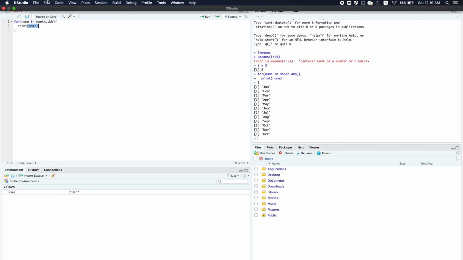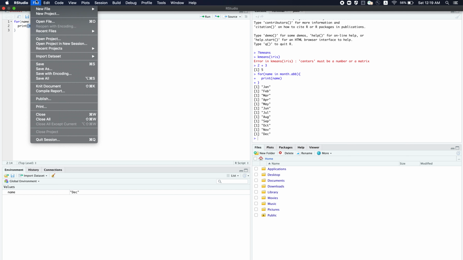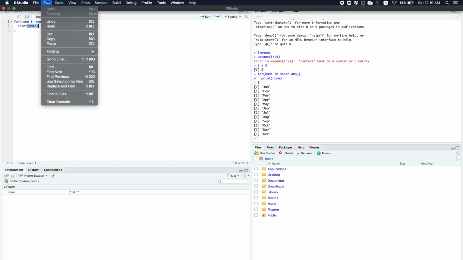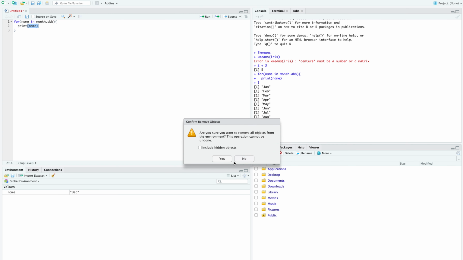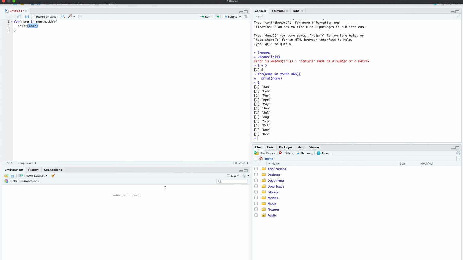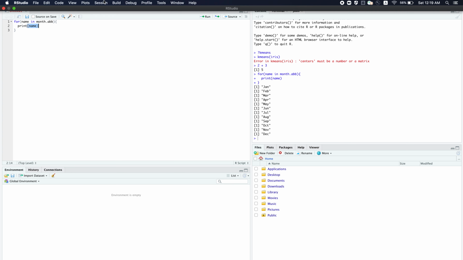The second thing is, sometimes you want to restart an R session, or you want to create a new session. Maybe you just installed a package, or you deleted a package and you want to install a new package, and those are the instances where you want to restart your R session. This is the most important thing for that. And you may want to clear your workspace. So this is your workspace, and you can clear it using that, or you can clear your workspace using this broom. So this is one thing.